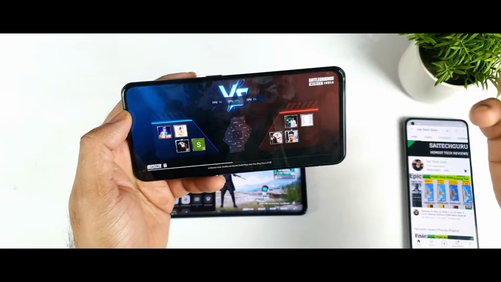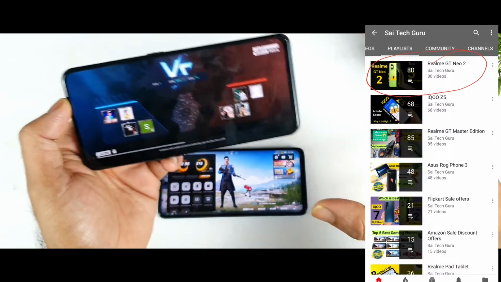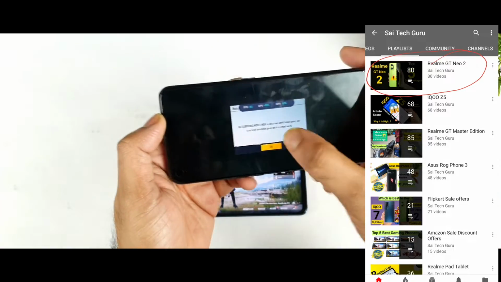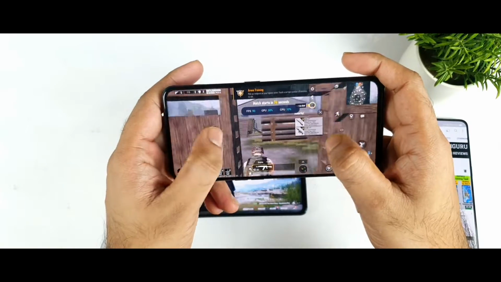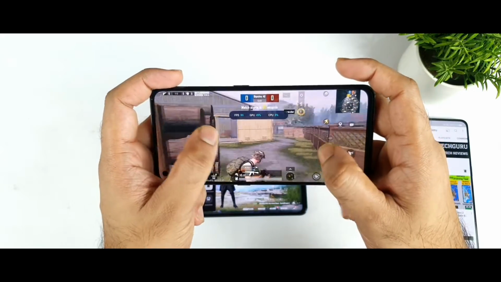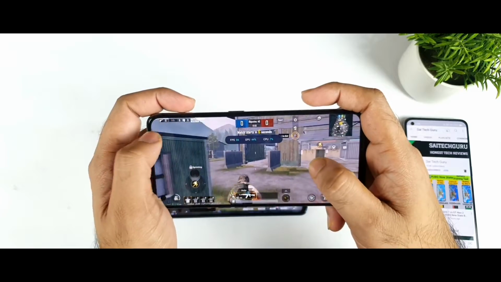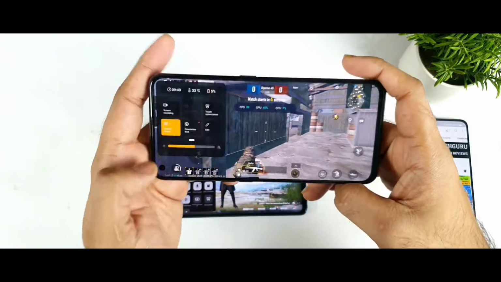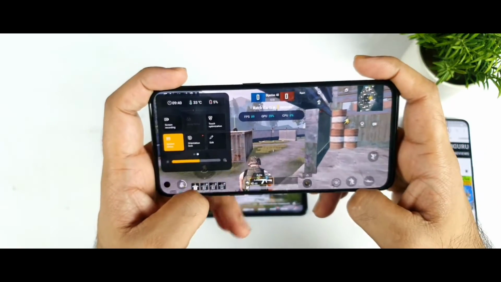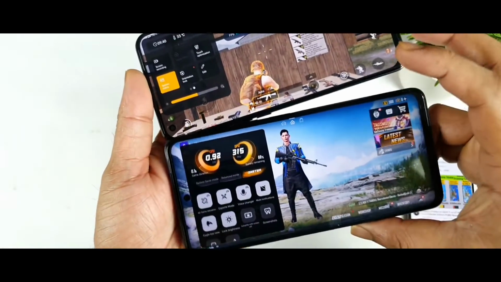So till now, the ColorOS phones were able to do this, and I think MIUI phones, Redmi and Poco phones, do have the inbuilt option as well. The FunTouch UI phones need to enable it. I'm not sure when they will enable it with the FunTouch UI. It's going to be really interesting to see how well the iQOO 7 and other phones perform using a real-time FPS meter. So these are the few things, friends, which I ended up comparing between both phones regarding the options you do have.